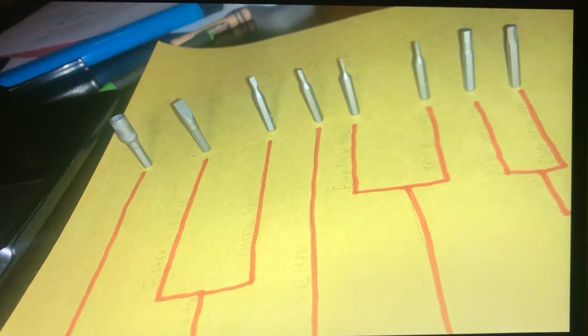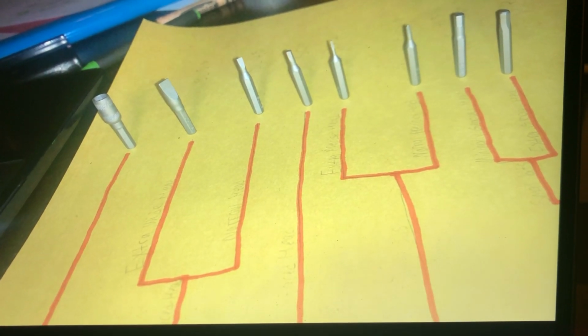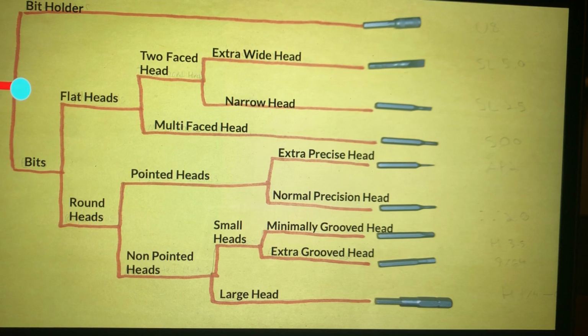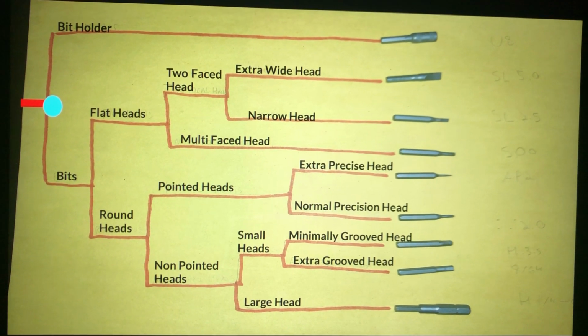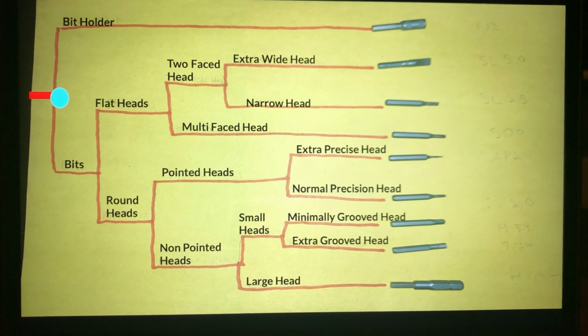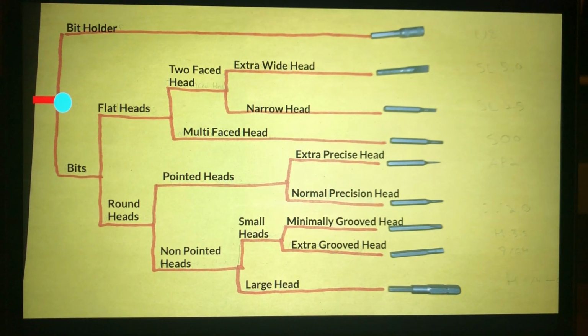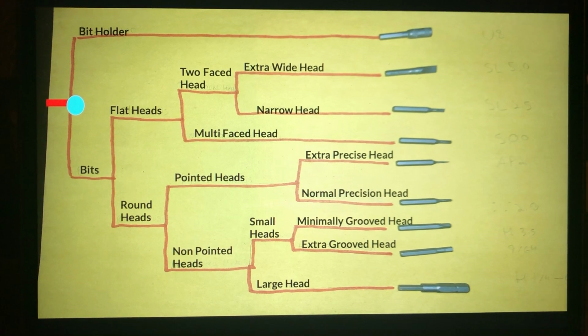I have used screwdriver heads. The first cladogenesis event can be seen at the blue internal node I have shown here. This divergence leads to two distinct groups, bits and bit holders, which differ by their function as tools in real life. We can already identify the bit holder as being an outgroup because it diverges before all other OTUs on